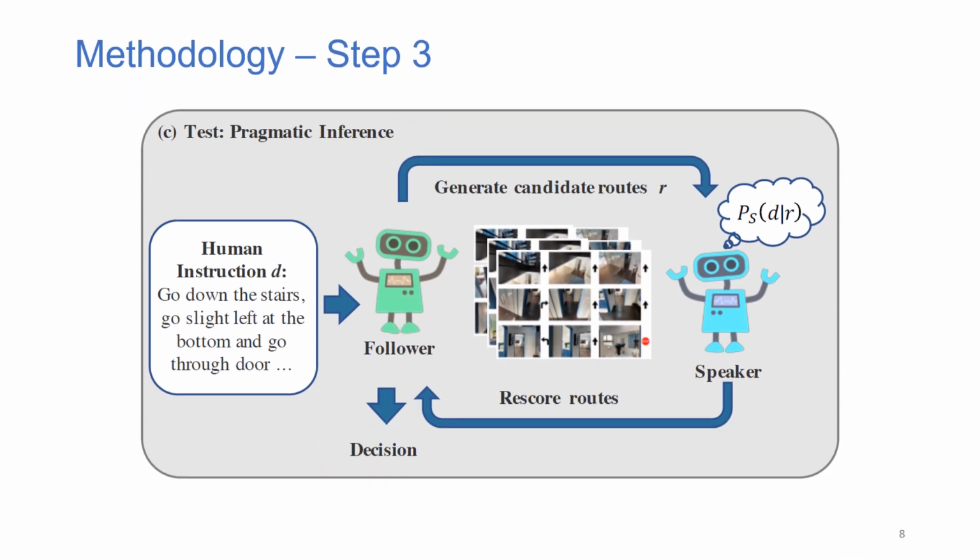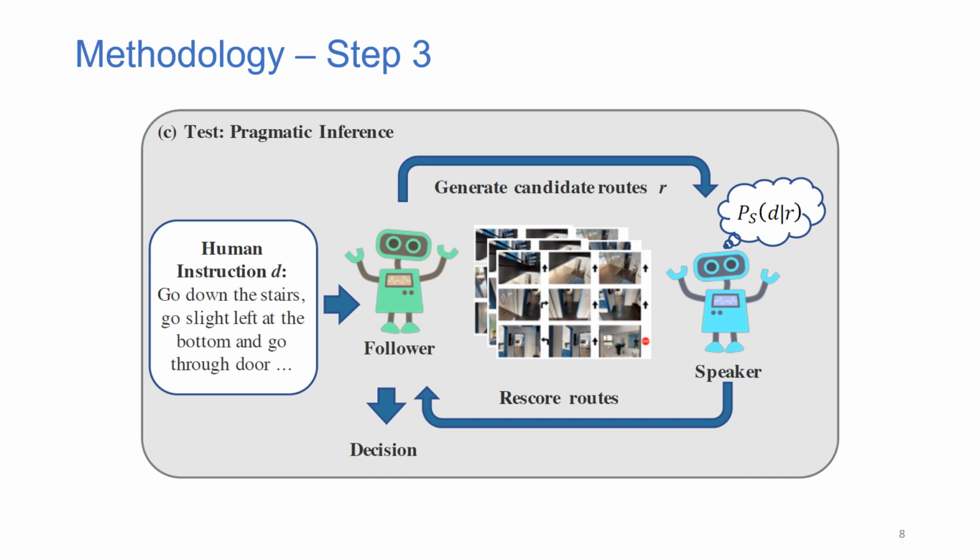Now, in step 3 of this methodology, the authors propose their pragmatic inference part. This is nothing but a pre-processing technique. In general VLN tasks, there is only the Follower model, which takes the human instructions into account and provides a predicted route. However, as the authors have trained a speaker model, they use the already trained speaker model here as a post-processing agent. So as a result, the Follower model generates not a single predicted